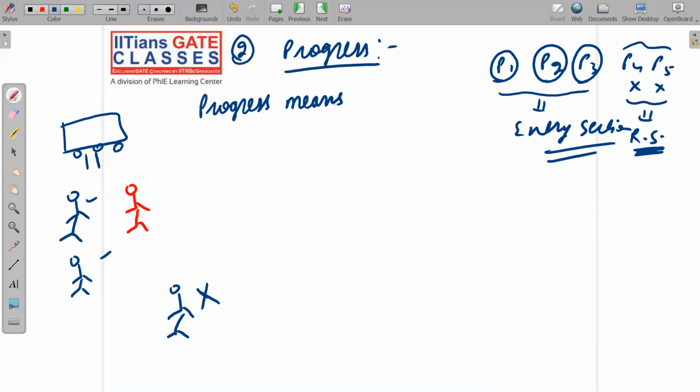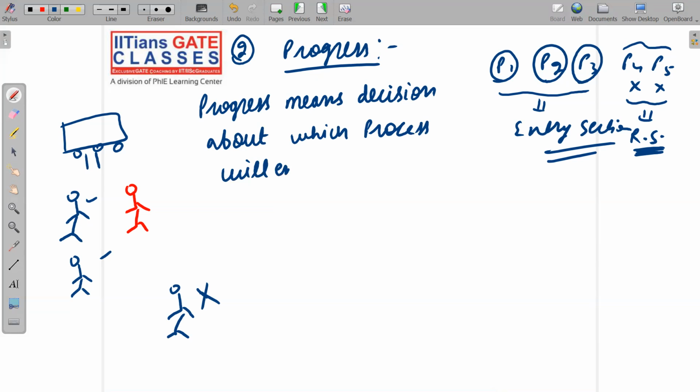Progress means a decision about who will enter the critical section next, which process will enter the critical section next, must be made